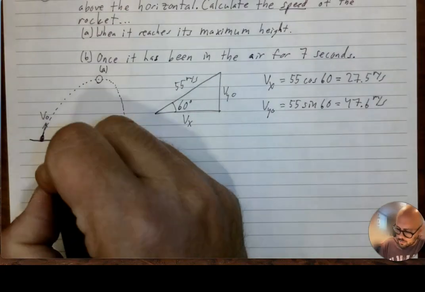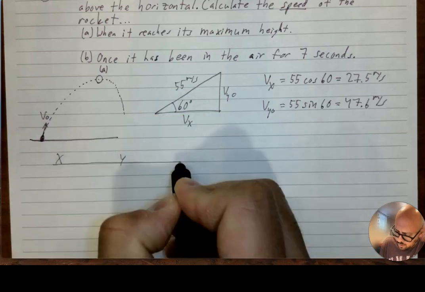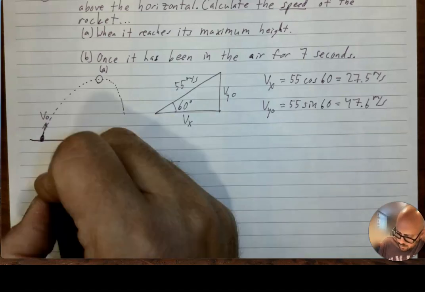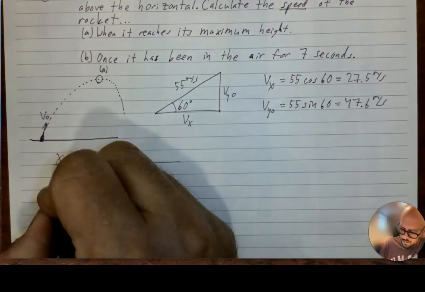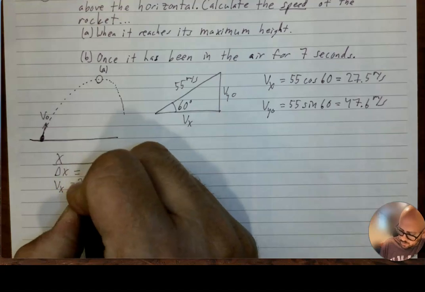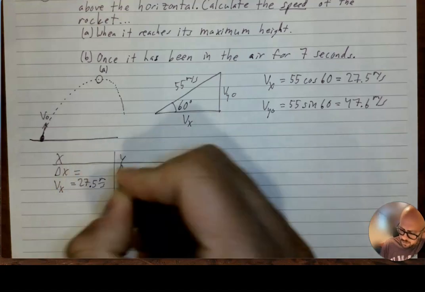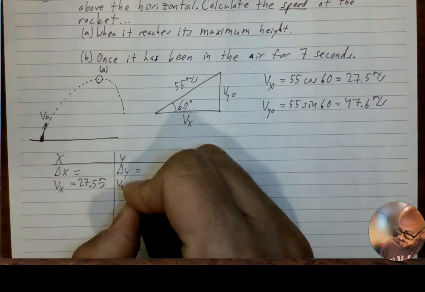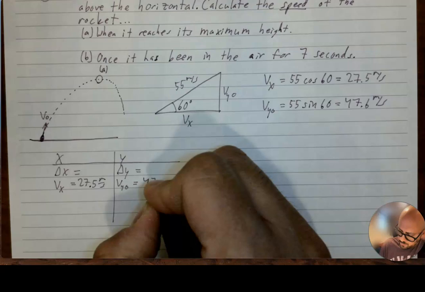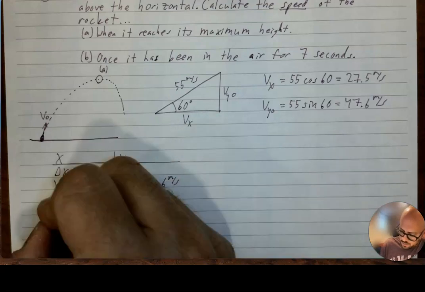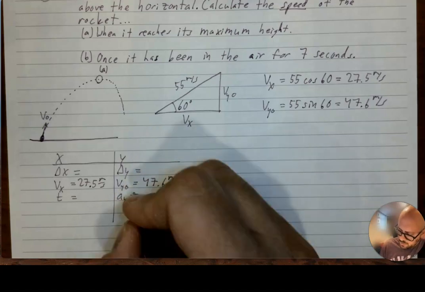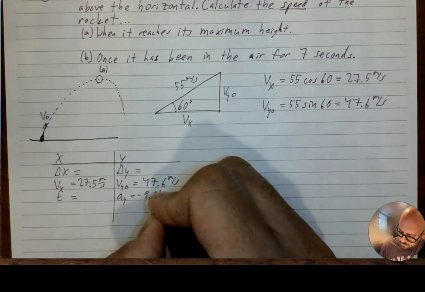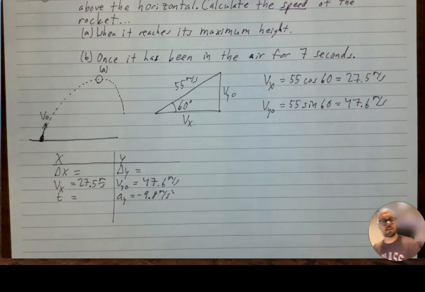So now I set up a table, and then I want to consider what the question is asking me to find. So x and y. Delta x, I don't know. Delta y, I don't know. Vx, I just found. That is 27.5 meters per second. Initial vertical velocity, I also just found, 47.6 meters per second. Time, I don't know. Vertical acceleration is negative 9.8 meters per second squared. I guess I bounced back to negative 9.8. Vy